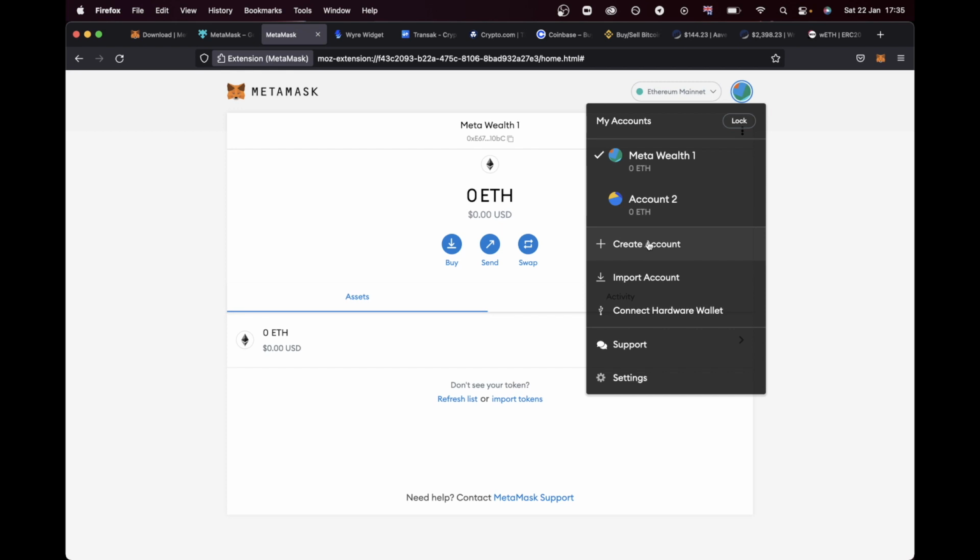I'm going to jump back into the first account now, and if I click on this again, you will see we've just pressed create account. Other than that, there's connect hardware wallet. So for some of you guys who are using cryptocurrency or storing your cryptocurrency on a hardware wallet,